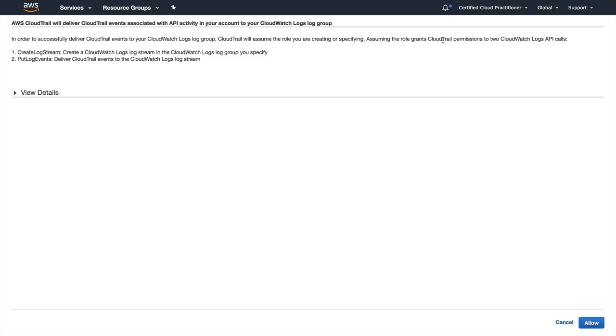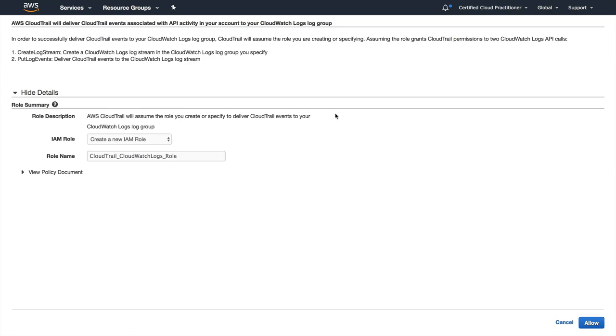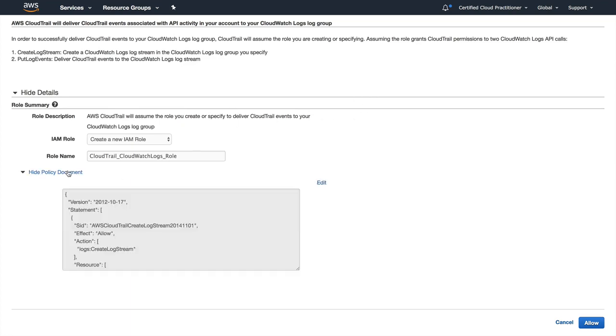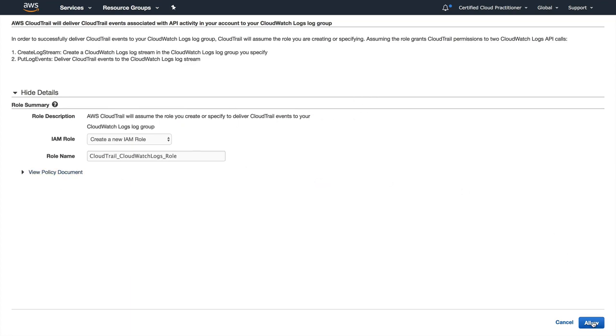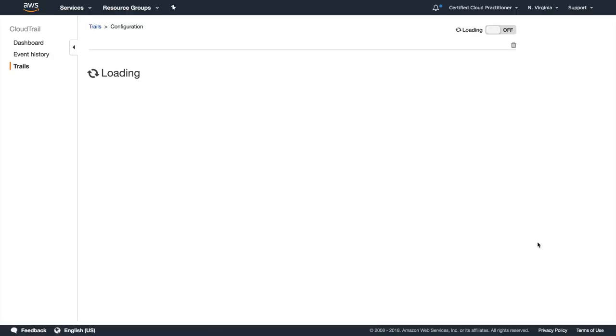Assuming the role grants permission to CloudWatch, permissions to two CloudWatch logs API calls. And you can go in and view the IAM policy here. You can actually go in and view the policy document. I'm just going to go ahead and hit allow,